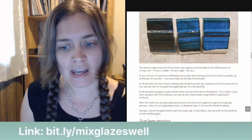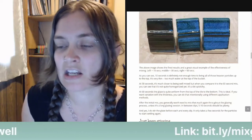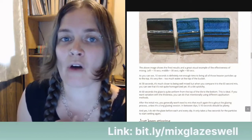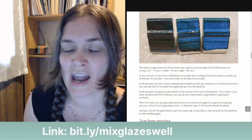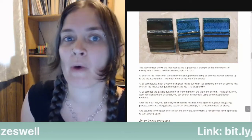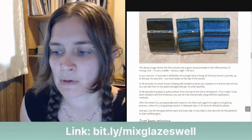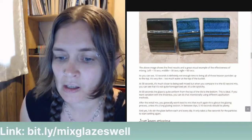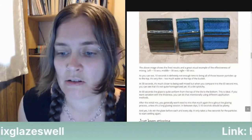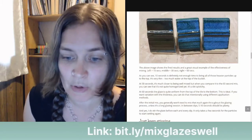If you want variation with the thickness, you can do that intentionally using different application methods. You don't want to undermix your glaze in order to have a thinner application. It's better to mix your glaze really well and then apply a thin application on purpose if that's what you're going for. So after the initial mix, you generally won't need to mix that much again throughout the glazing process